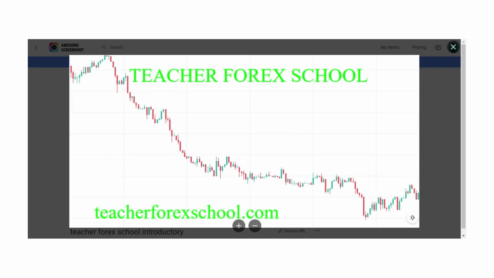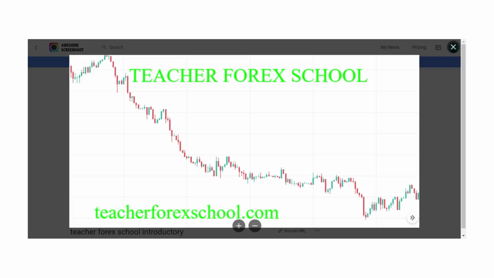Today, we want to show you how to trade financial market using stochastic oscillator indicator. First of all, you need to know what a stochastic oscillator indicator is. Stochastic oscillator indicator is an oscillator indicator. Being an oscillator indicator, it enables forex traders to know whether the market is in an oversold condition or in an overbought condition.